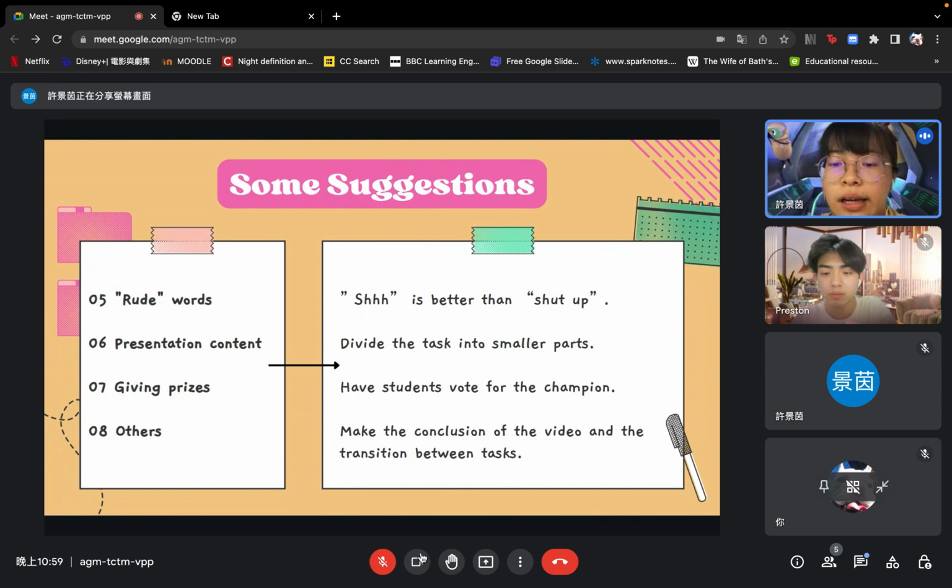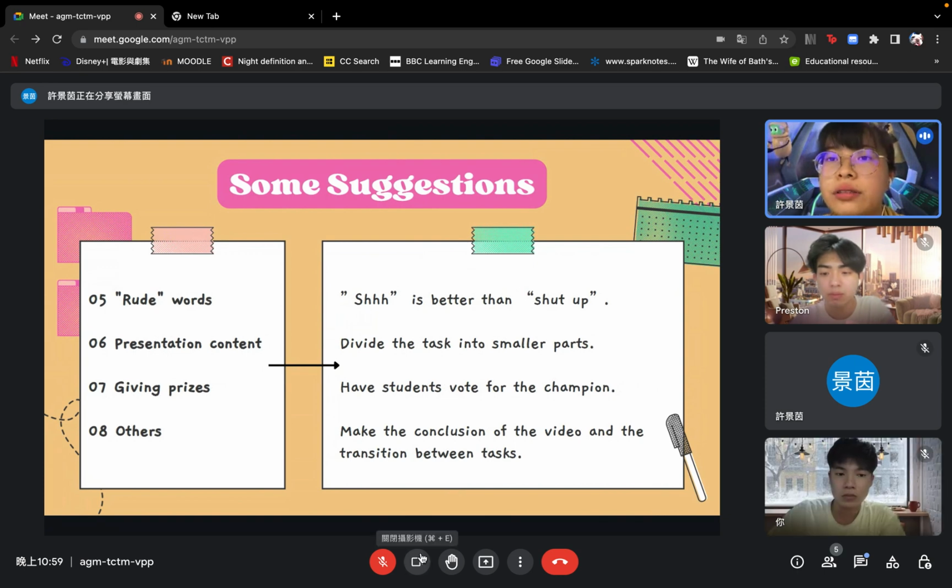Next, maybe she can avoid using some rude words, like she had better not say "shut up." And the sixth one is she can divide the task into smaller parts, and it can solve the problem that the content of each group's presentation is too similar. Like the task in this class, the teacher can divide the task into 4 parts. So it can not only have the students listen to other groups' presentations, but also